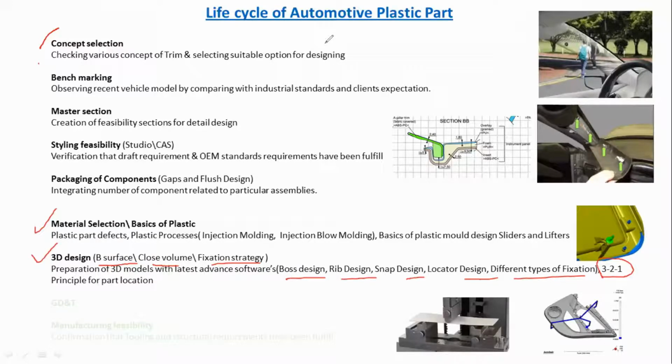Okay, so this is something we need to check over here, as well as we need to apply the GD&T onto the part features which are going to be used over there. Whatever GD&T we are applying onto the part, we need to make sure the part can be manufactured easily with respect to the allowable permissible tolerance we are giving, as a surface tolerance, profile tolerance kind of thing.